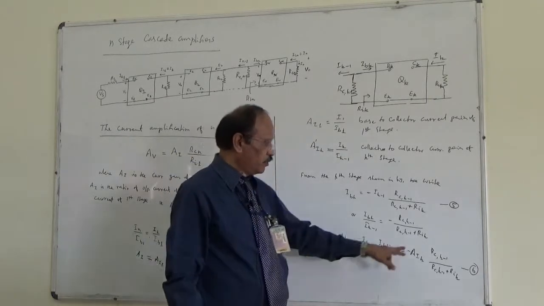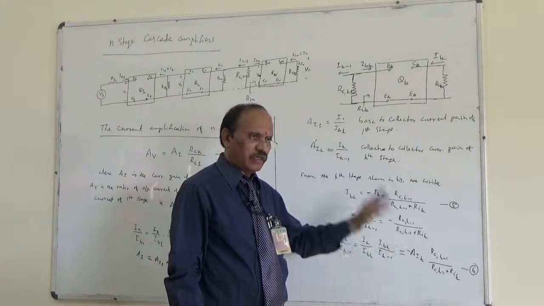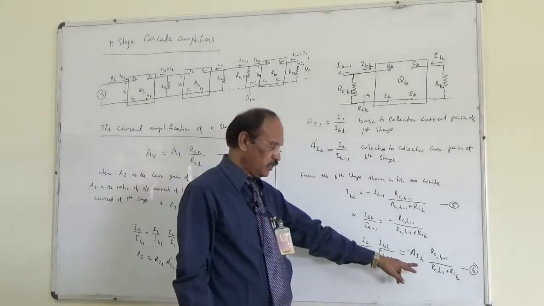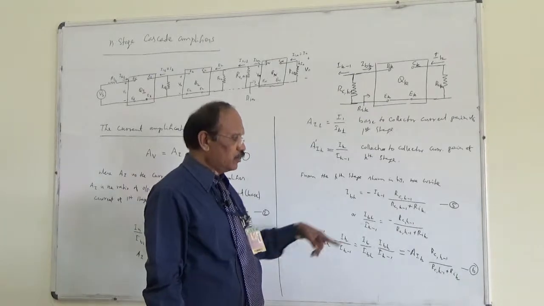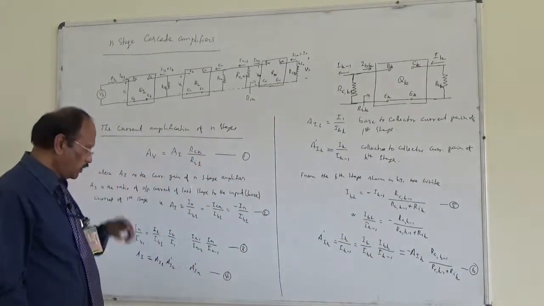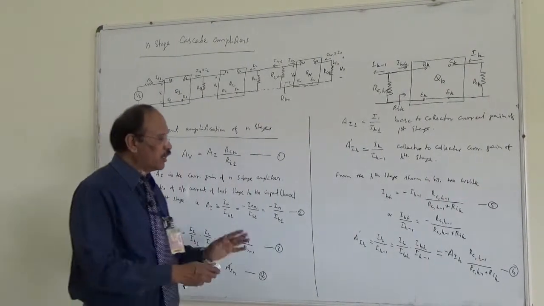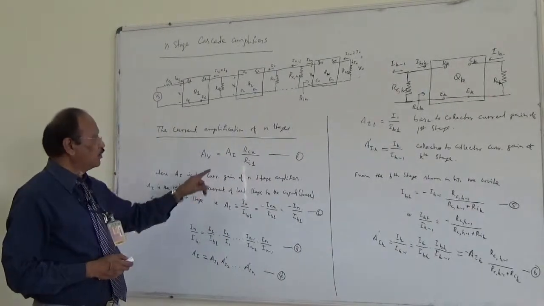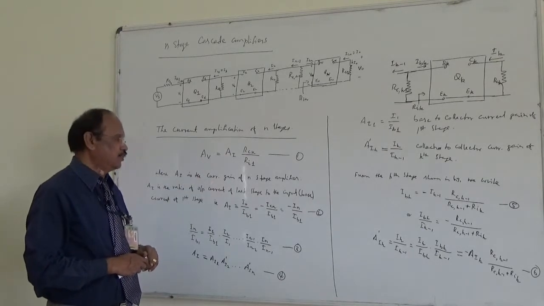So now we can determine the current gain of the kth stage as before, starting from the last stage and proceeding up to that corresponding stage. Then you can determine AIK dash using this equation, and also you can determine the overall current gain of n stages by using this equation. So, this will help us to determine the overall voltage amplification without determining the voltage amplification for each individual stage.